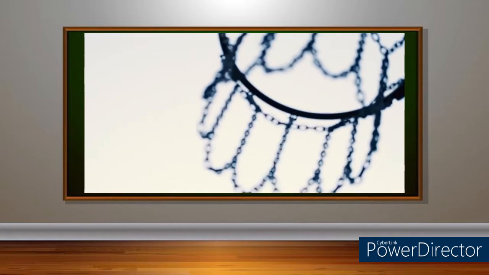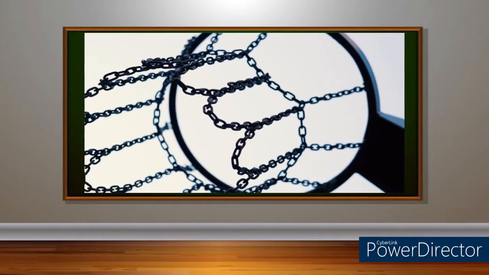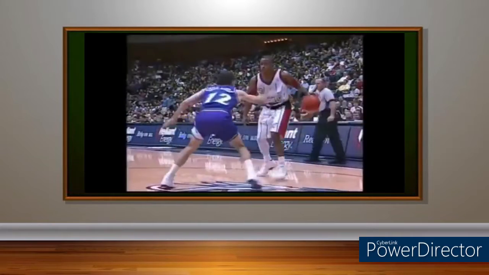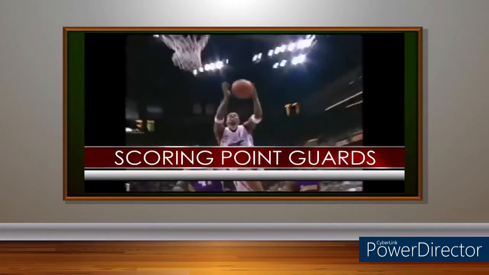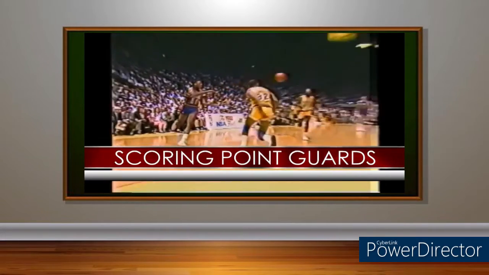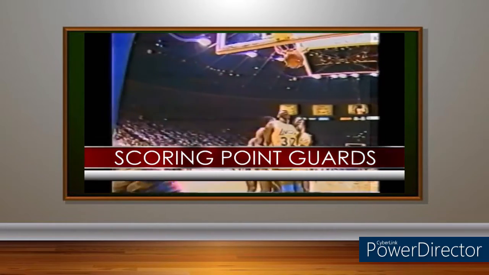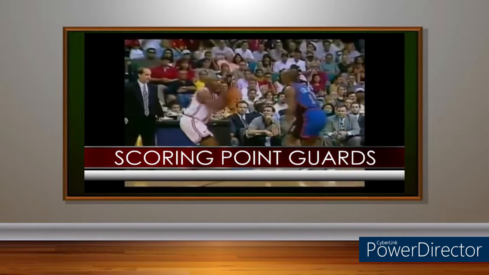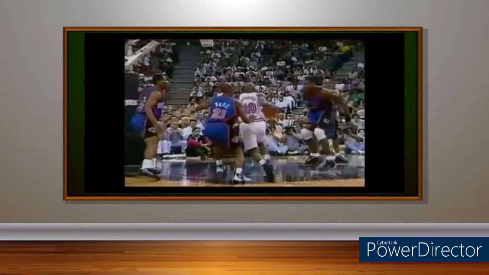Now, going over your typical point guard positions and what they do with their different abilities, we'll go over just a couple players that basically highlight the position the way that people see the game now. First thing to talk about is the scoring point guard. Scoring point guards are definitely point guards that just light it up. I mean, they make passes here and there and they do all the different skills that we talked about as far as communication and running the team, but their main job is to score.